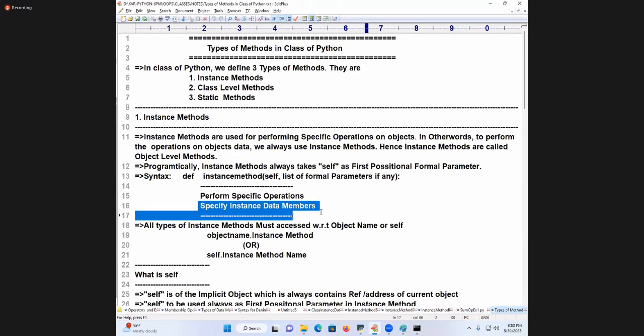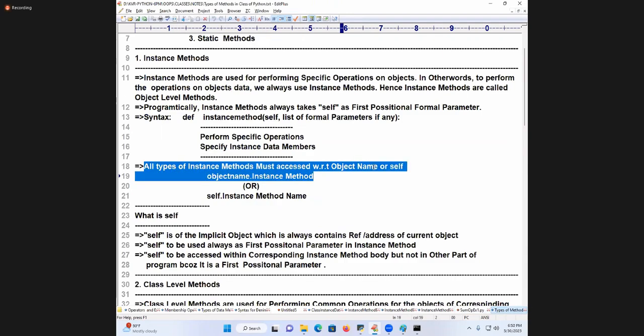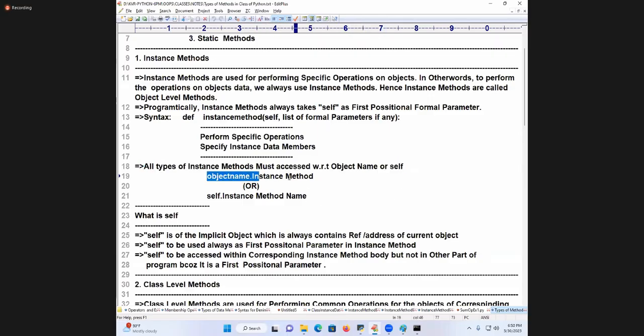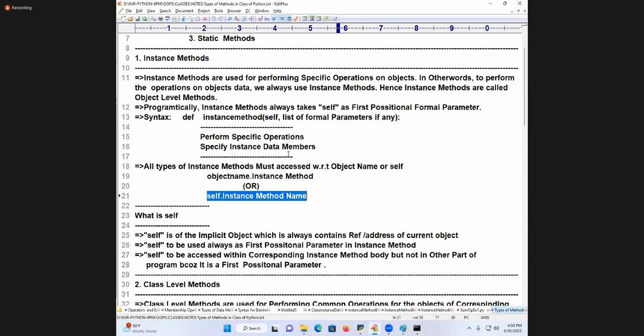Next, all types of instance methods must be accessed with respect to object name or self. How are we accessing? Object name dot instance method. Or self dot instance method. You have seen already self dot instance method name. Following? This is about what type of method? What is self? Come on. Self is